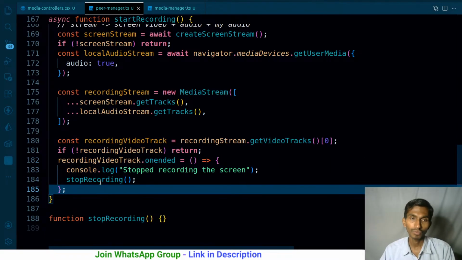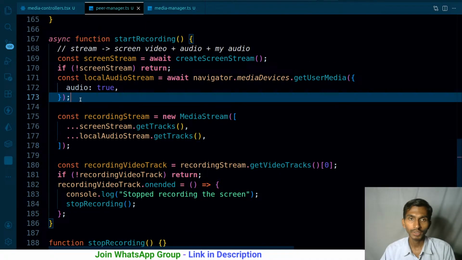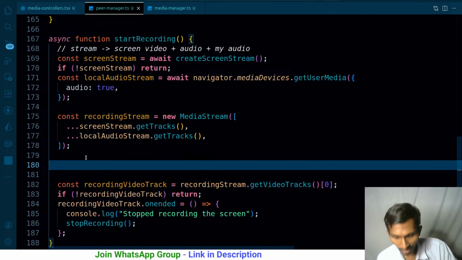What is the next thing? The next thing is that I have my local stream, ultimately my main stream over here. Now it's time to create a blob.